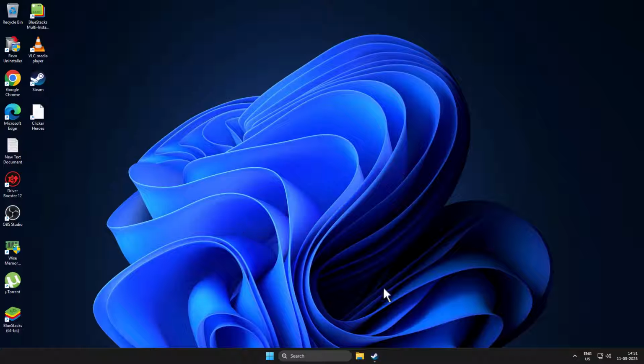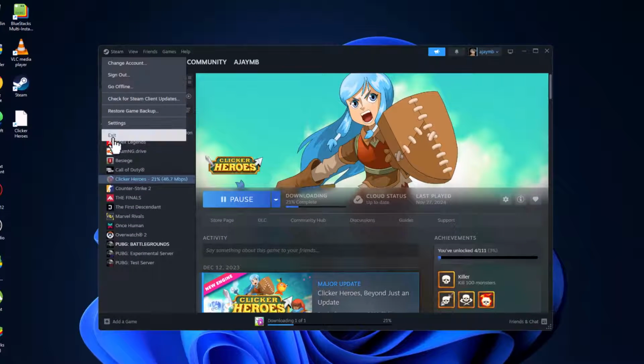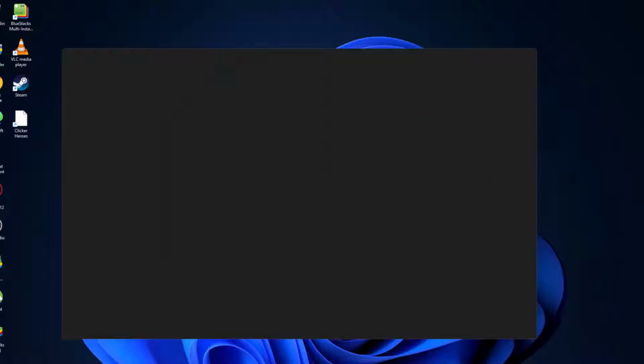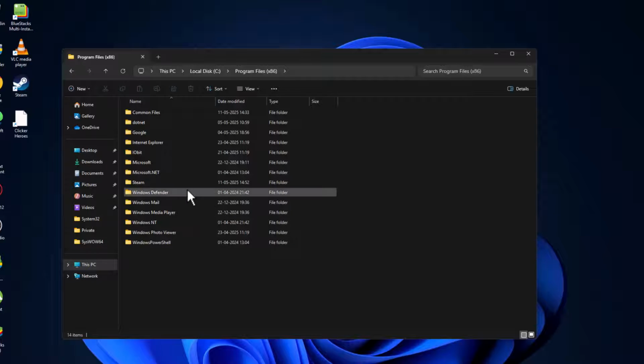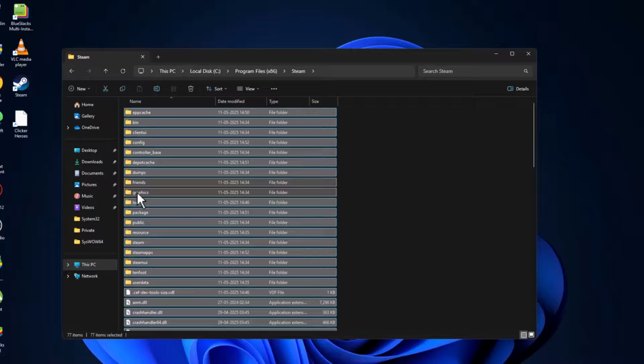If not, method 5, you just need to open up Steam and click on the Steam tab and select exit. And now Steam will shut down and then open up File Explorer, go to C drive, Program Files x86 and find the Steam folder, double click on it. In here you just need to click on any folder and press Ctrl plus A to select all, and then